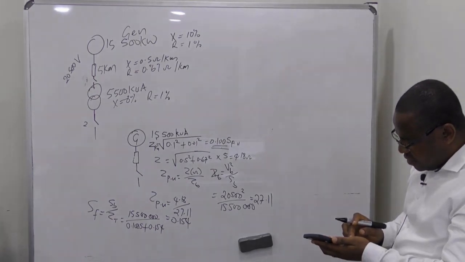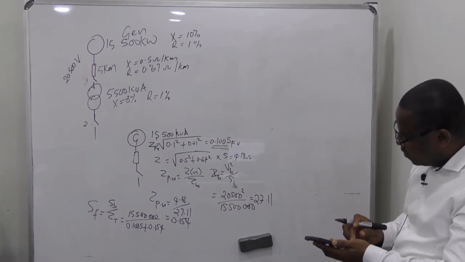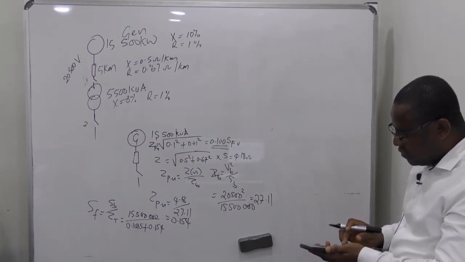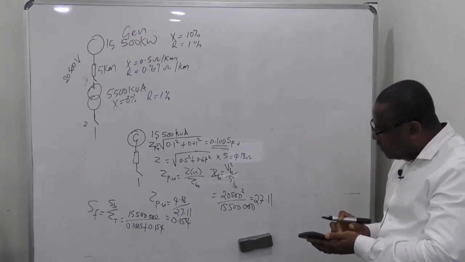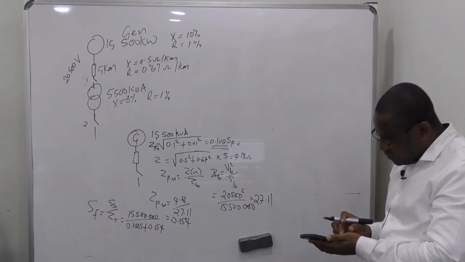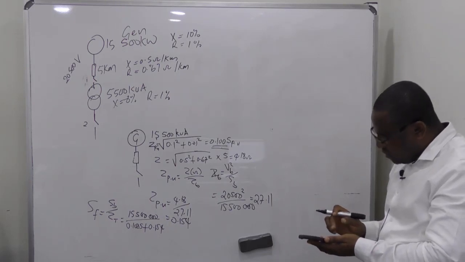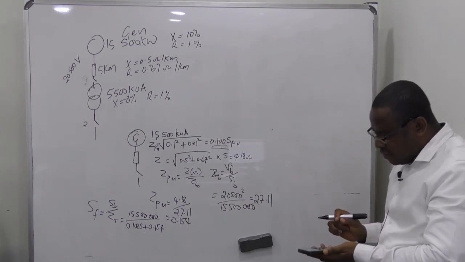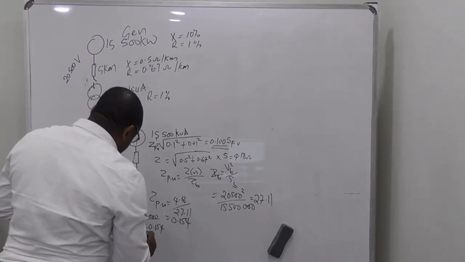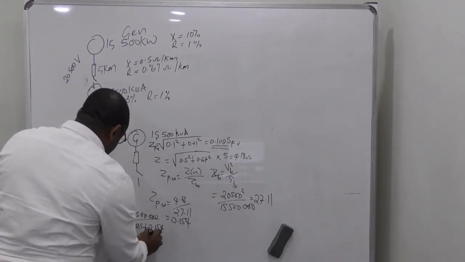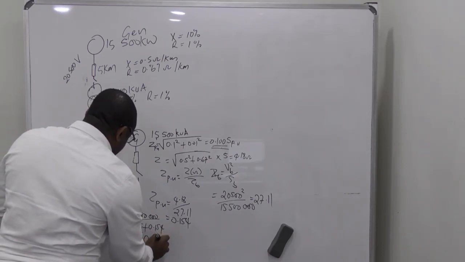So 0.1005 plus 0.154, then I take that and divide 15.5 by it. That will give you 60.904